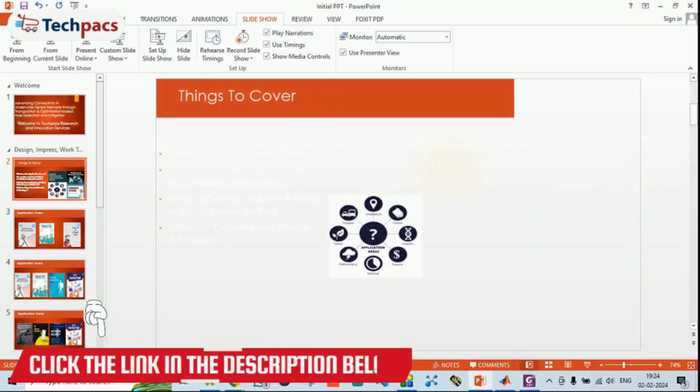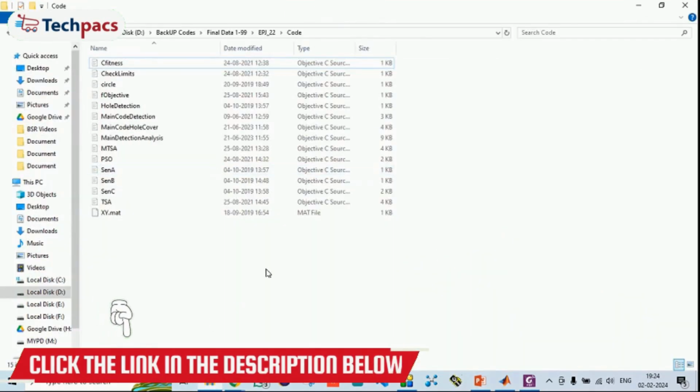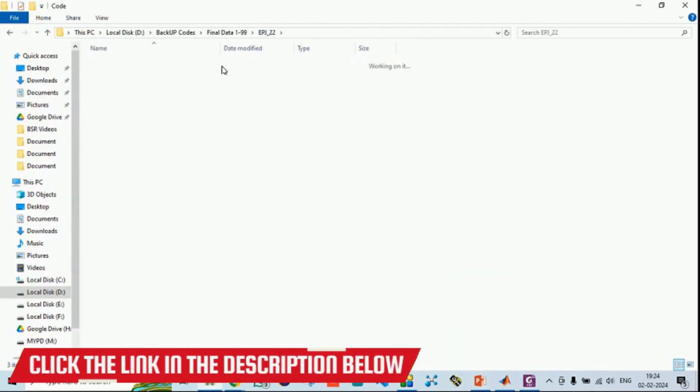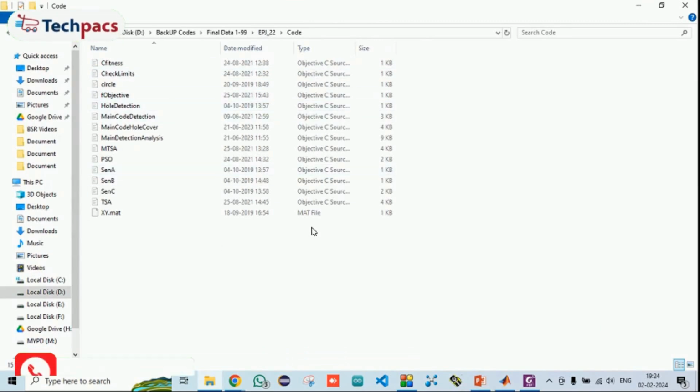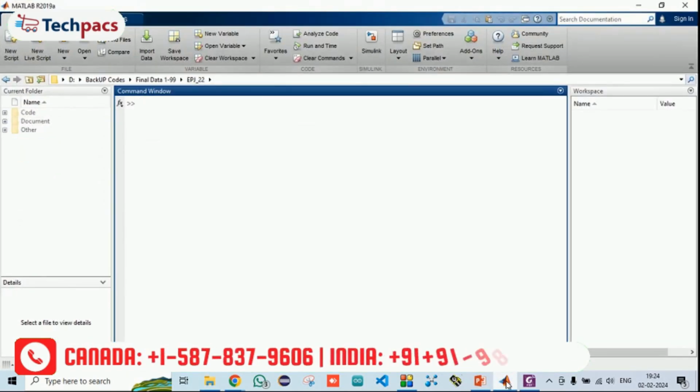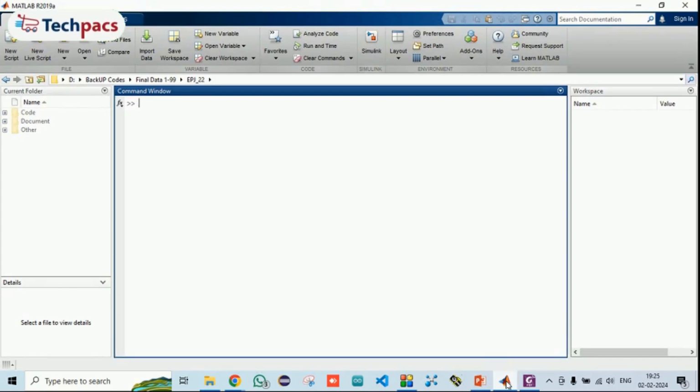Now let's see what the code is. We will give you a folder named code, under which there are a number of files. The whole code is implemented in MATLAB, so you must have MATLAB software, 2015, 2018 or 2019. That will be perfect for running the code, but make sure the MATLAB version you are using is greater than or equal to the 2015 version,